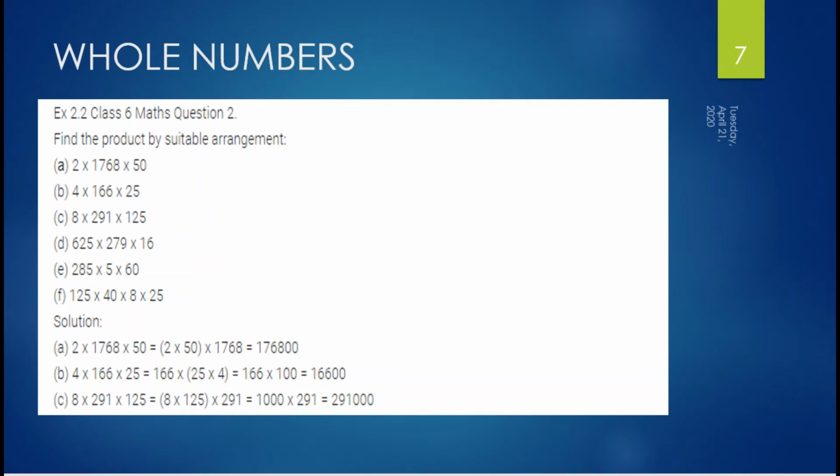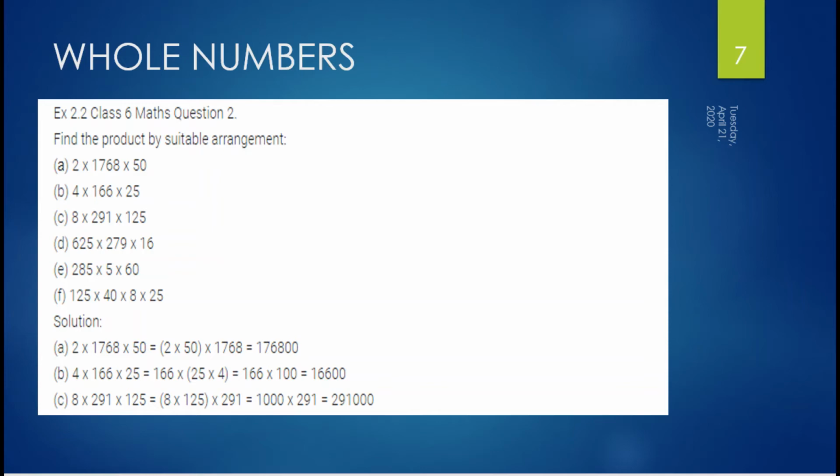Here is question number 2. Find the product by suitable arrangement. The question is for multiplication now: 2 into 1768 into 50. Suitable arrangement is again from where you are getting a round-off value, that is 10 or 100. If I multiply 2 and 50 in a group, that will become 100. 100 multiplied by 1768 will be 17,